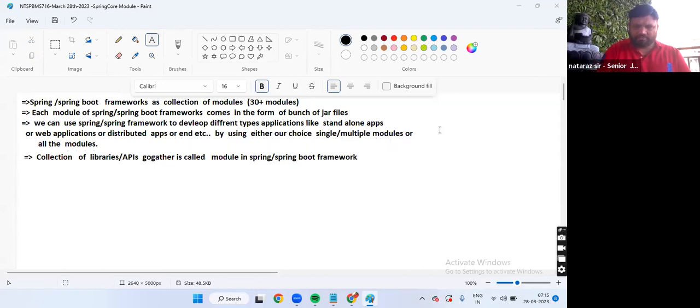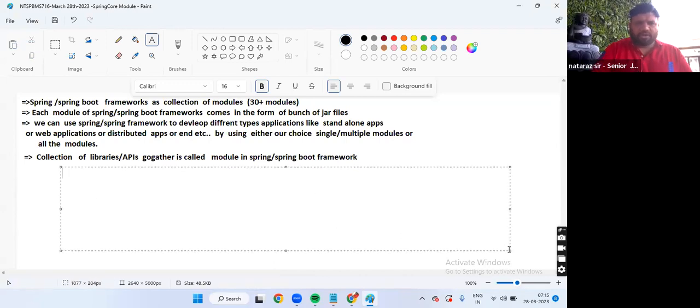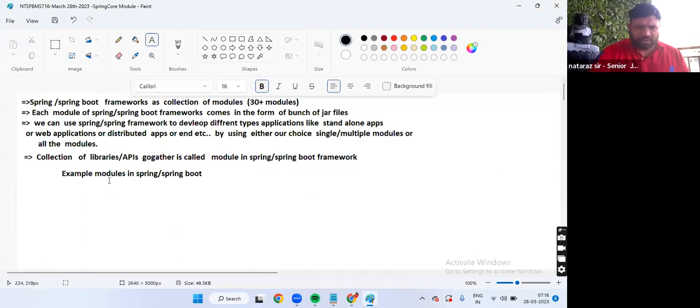Okay, guys. Example modules in Spring Boot: Spring core module, I'll just write the module names.